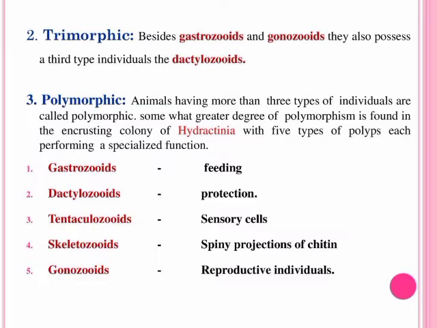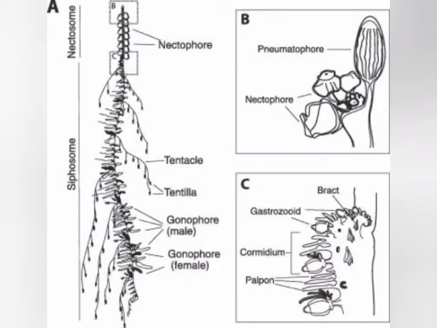A high degree of polymorphism and division of labor is exhibited by certain free-swimming colonial siphonophores such as Halistemma. Polymorphism in a typical siphonophore colony. A siphonophore colony originates as an inverted axial polyp. The elongated and tubular axial stem of this polyp is called siphonosome or column. Its aboral end is in almost all cases invaginated to form a gas-filled float called pneumatophore. Float provides buoyancy. The opposite oral end of the axial polyp bears a mouth and sometimes a tentacle also.